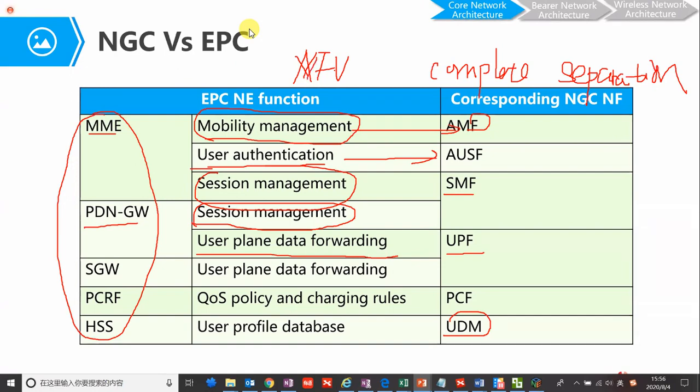What's the backhaul? I mean, in the core network, all these functions are embedded, and each of them is serving the slices. It depends on the type of the slice.